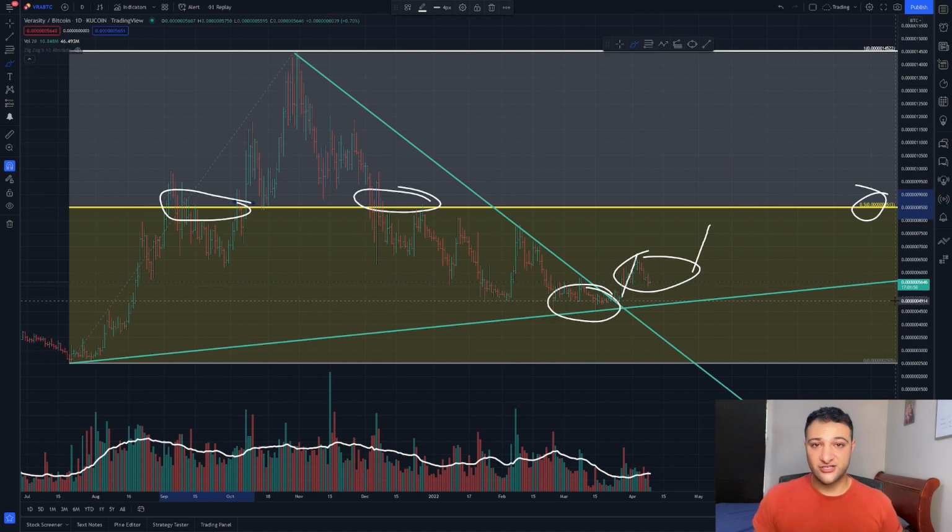But what I look for in my channel, I look for the alt to really outperform Bitcoin and Ethereum and generally do their own thing or outperform those two. If your crypto is following Bitcoin's path, you don't want it to lag too far behind. You want it to at least keep up to date with Bitcoin. And as we can see with Verasity, it's actually falling behind Bitcoin and Ethereum's value. So that's just where it is at the moment.